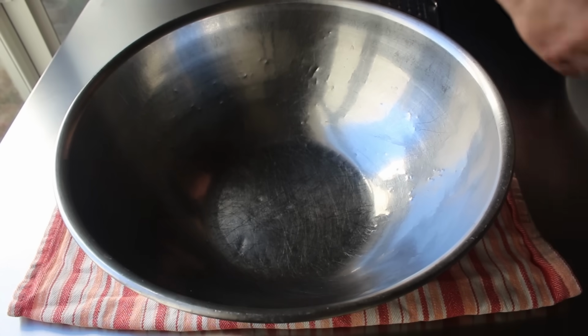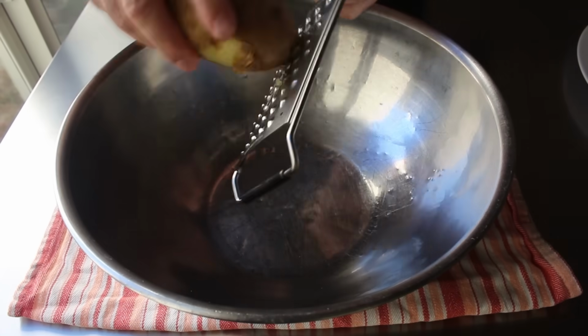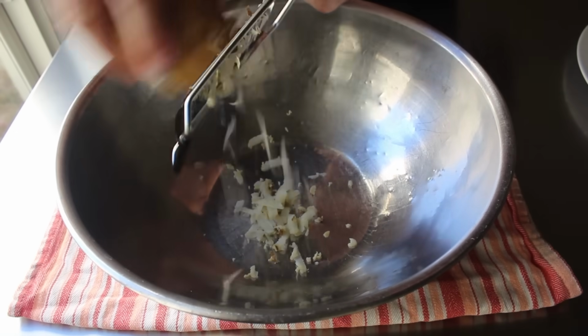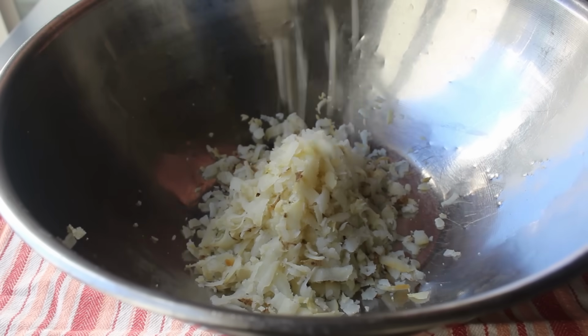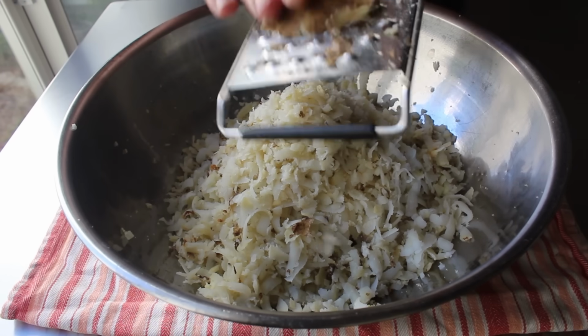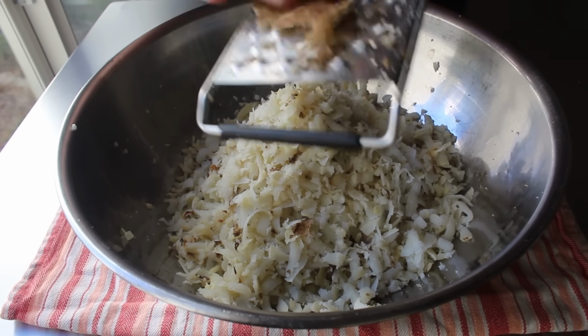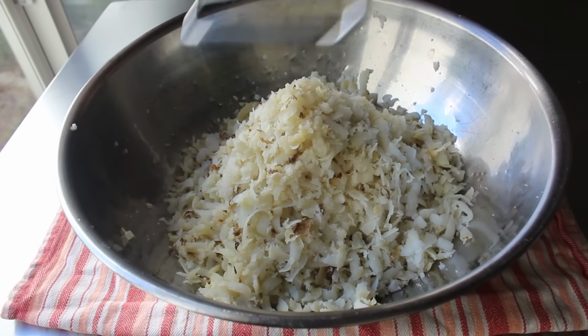And what we'll do is go ahead and grate these with the skins on a cheese grater. And if you're not big on potato skins and you're a little bit worried about this, don't be. Okay, they're almost imperceptible in the final dish. Although having said that, when you get down to the end of a potato, you'll probably be left with a large piece of skin, which you can discard. So I went ahead and grated 3 potatoes as shown,